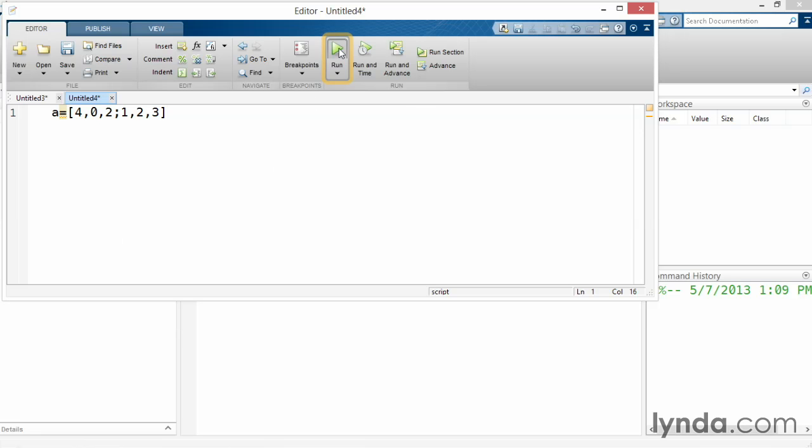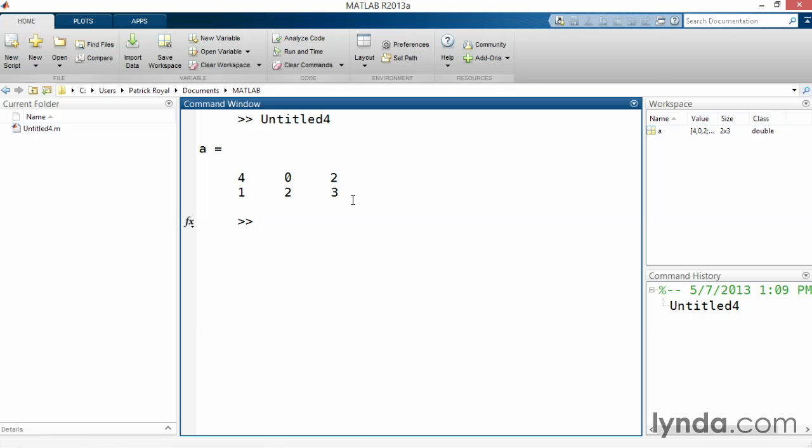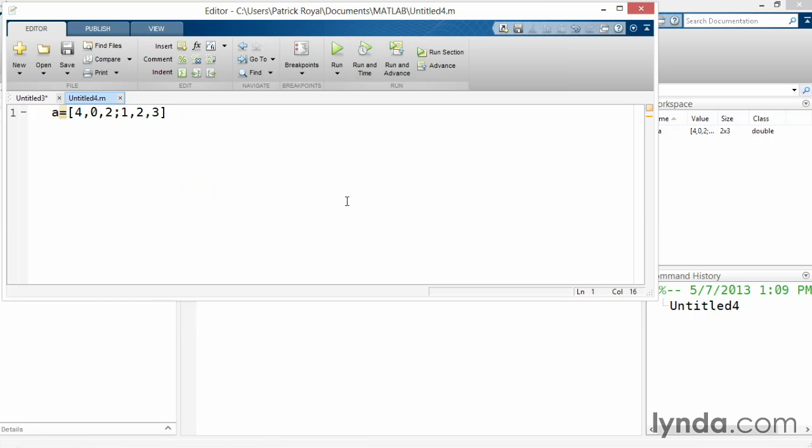You can see this if we run the script and then switch back into the command window. Now if we go back into the script editing window and we change this to A equals 4 space 0 space 2, new line, 1 space 2 space 3, and then run the script again, our command window will display